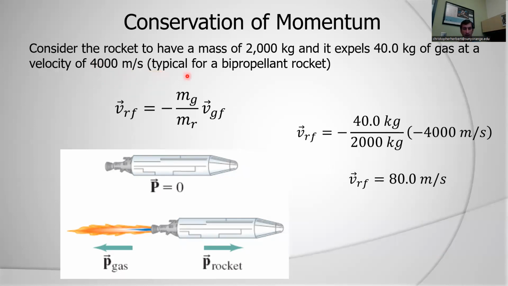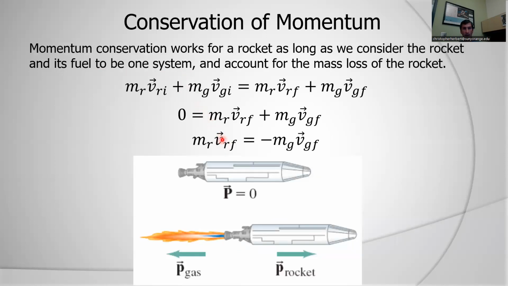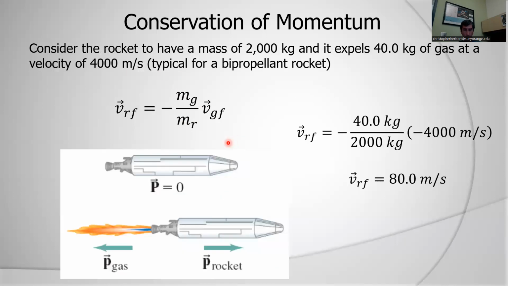And if I look at this, once again, I'm going to solve for my final velocity of the rocket. I'm initially stationary with respect to wherever I am in space, and I want to change my velocity a little bit. We'll see that helps us change our orbit. Again, an orbit's not a truly inertial frame, but we're going to treat it like that. So my final rocket velocity is going to be equal to the mass of the gas which I'm giving off divided by the mass of the rocket,